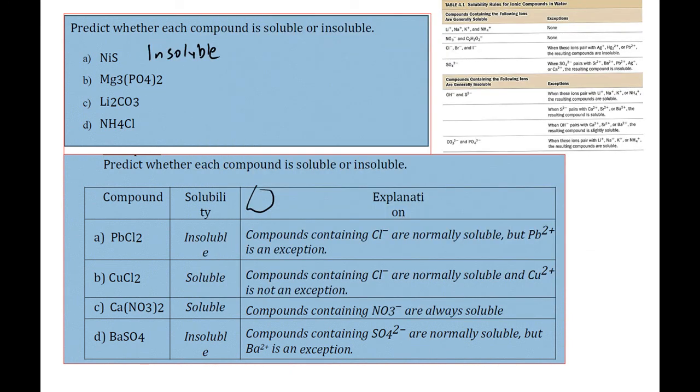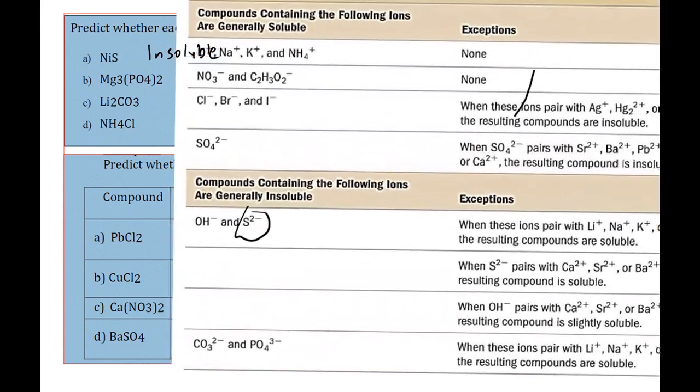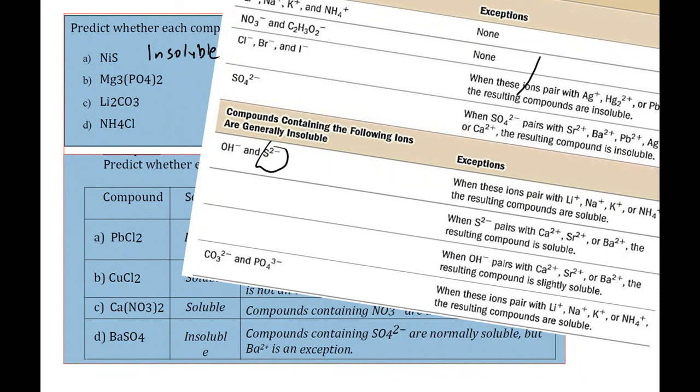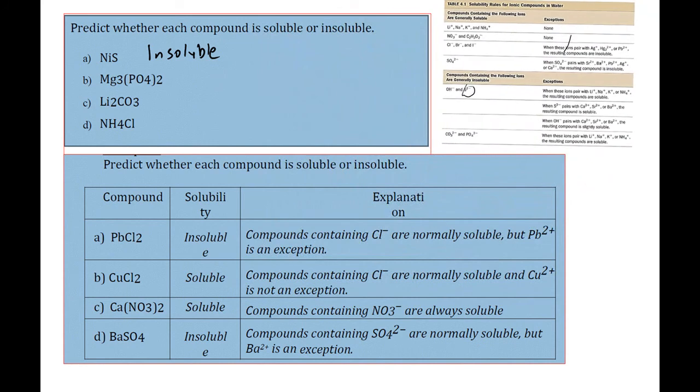Next, we have magnesium phosphate. Going to the solubility table to look for the phosphate. Yeah, phosphate is insoluble except lithium, sodium, potassium, and ammonium. So magnesium is not in the exception. This means that magnesium phosphate is